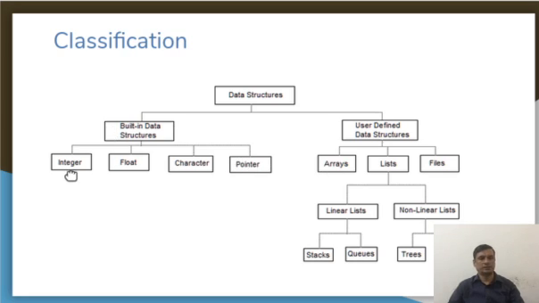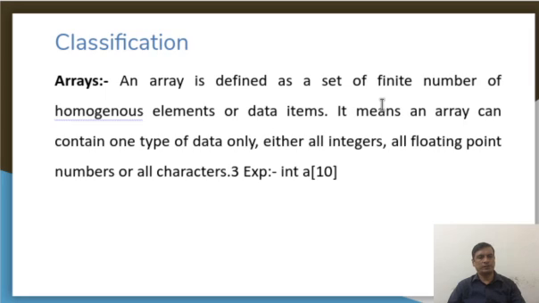How do you classify the different data structures, right from language defined integer data type, float data type, character data type, to any other user defined types like arrays, lists, etc. We defined the array to be a finite set of homogeneous elements or data elements. All the items will be integers, or all the items will be floating or characters, etc. That we defined in the previous class.